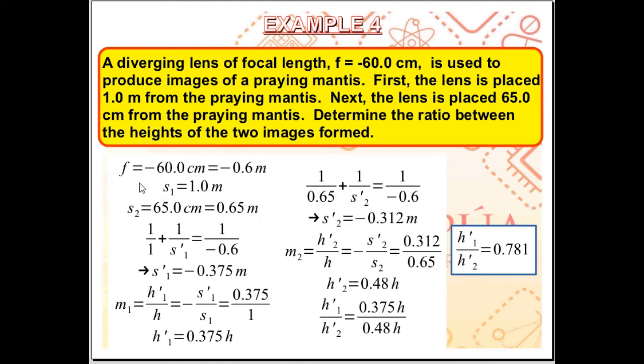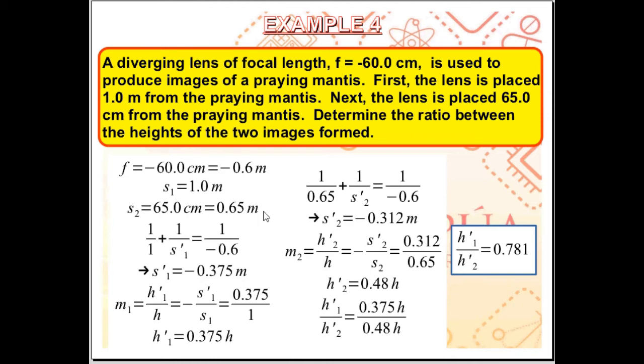So focal length F is equal to negative 60 centimeters or negative 0.6 meters. We have two object distances for the two locations of the lens. First case, the lens is placed 1 meter from the praying mantis, so object distance S1 is 1 meter. In the second case, the lens is placed 65 centimeters from the praying mantis, so S2 is 65 centimeters